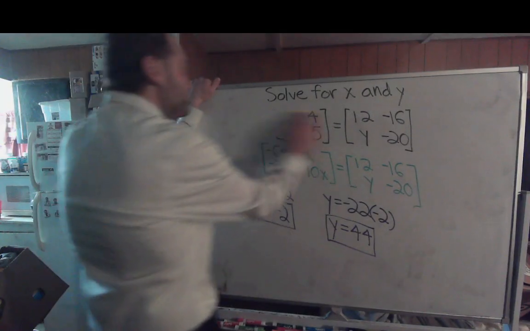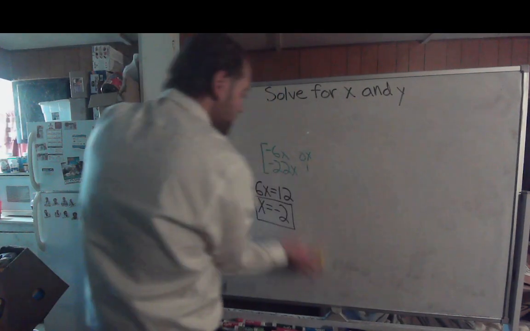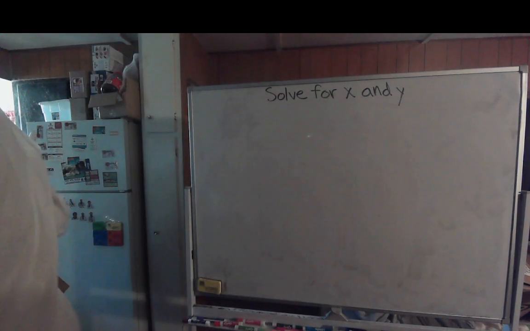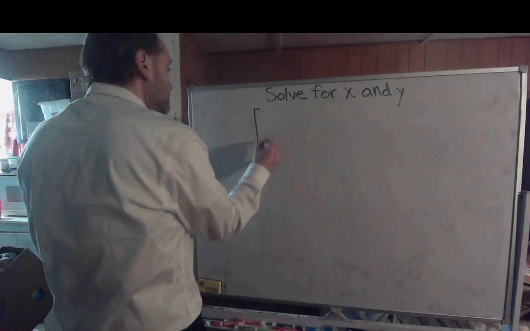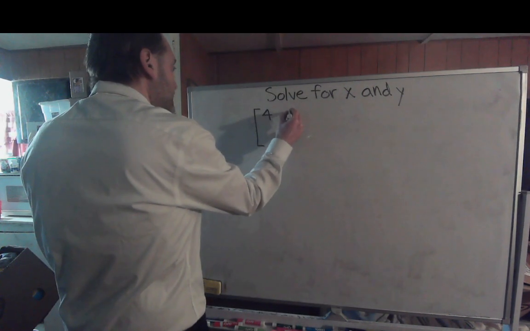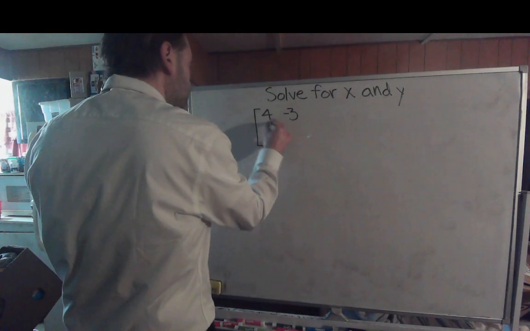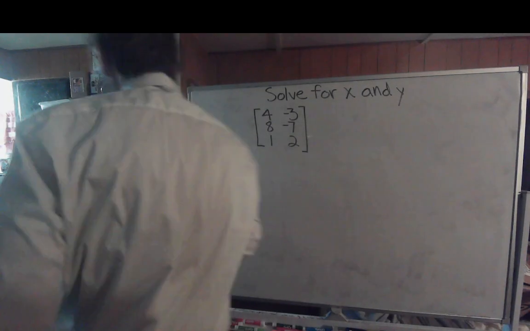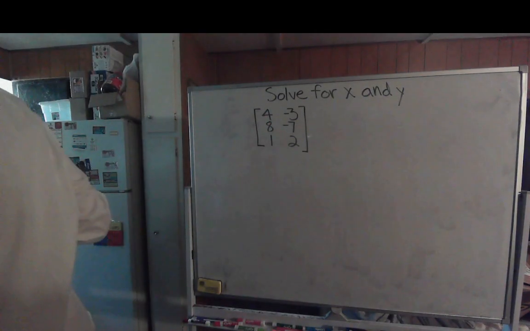One more problem, then we're done. And this last one's going to be a bit bigger. We're going to have bigger matrices for this next one. Alright, so let's say I have 4, negative 3, 8, negative 7, 1 and 2. So I'm going to have 3 by 2 matrices this time,